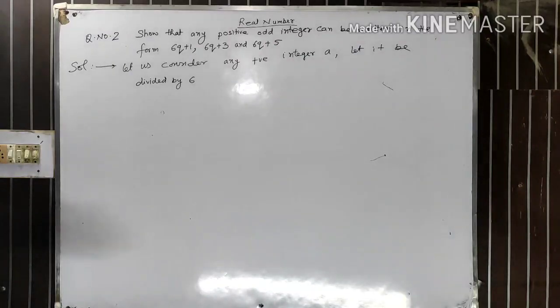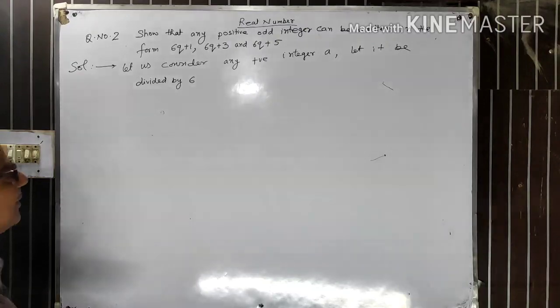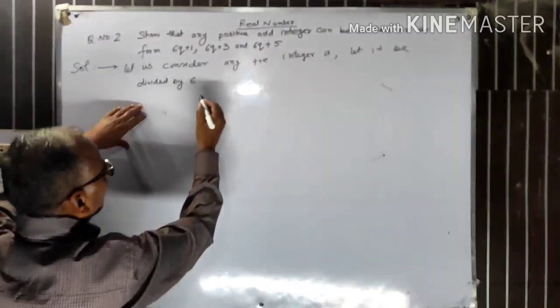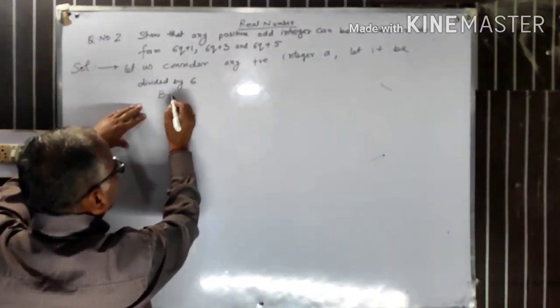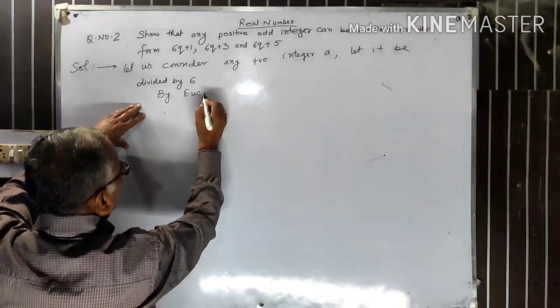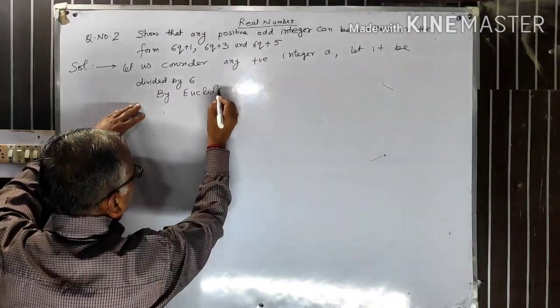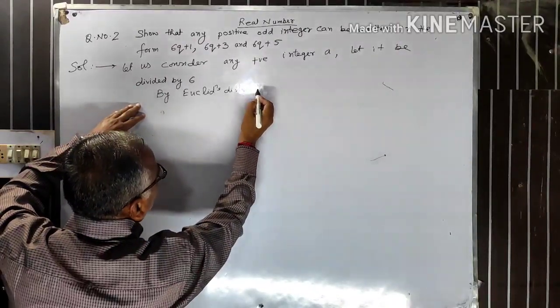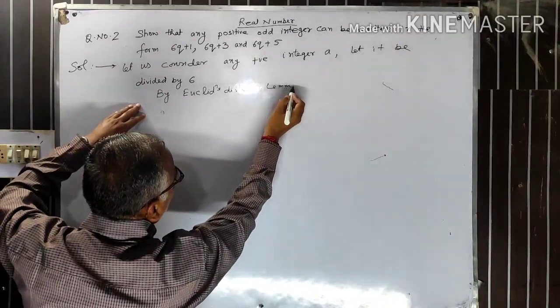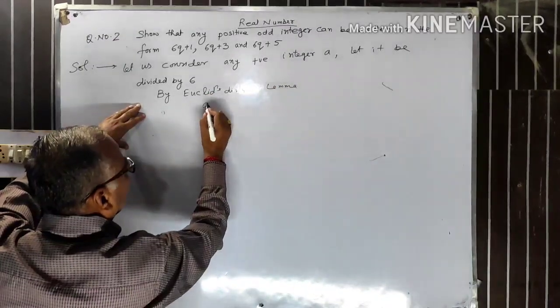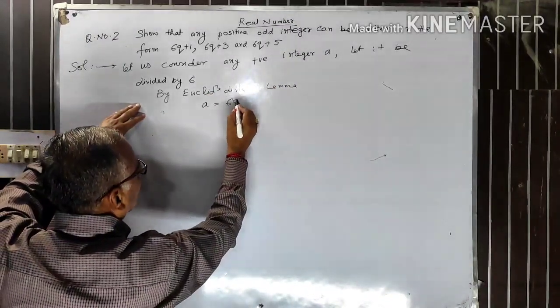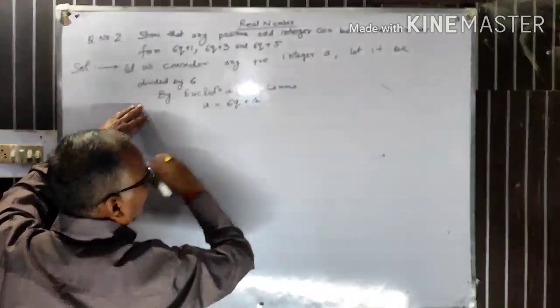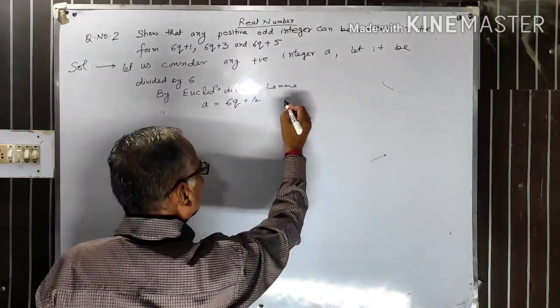Then by Euclid division lemma, a can be written as a is equal to 6q plus r, where